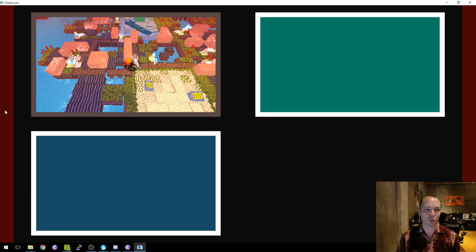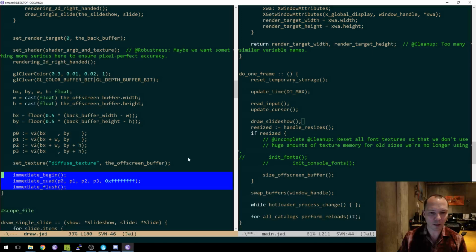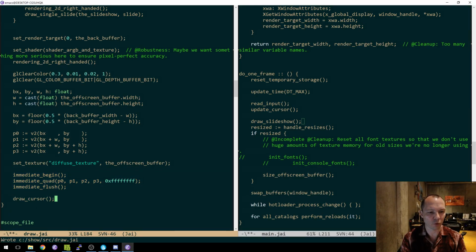But if I want my cursor to be able to go everywhere in the window, then I need to be able to draw it into the back buffer, right? So first we draw the off-screen buffer into the back buffer, and then over that we'll draw the cursor. So that just means that we call draw cursor here. And what's that going to do? Well, we're going to start